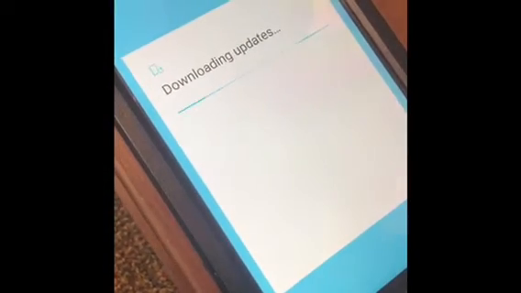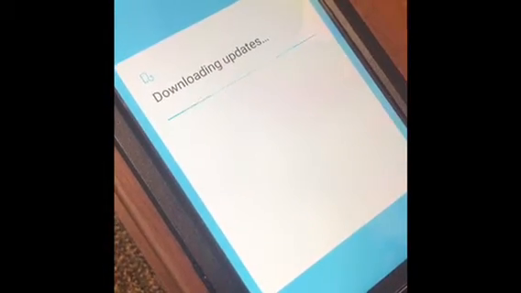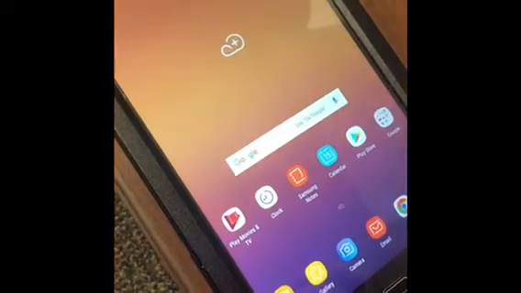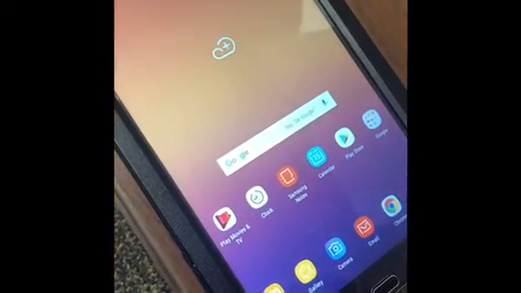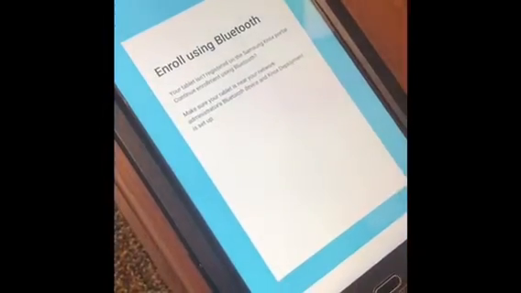And now some of you may be enrolled in Knox, so this part does not apply to you. But if it does, please let it go through its process. So once it's finished, you'll just tap finish. And we're going to exit out. So once you do that, we've determined that you are enrolled in Knox, and another screen will pop up to enroll. So you'll click next,